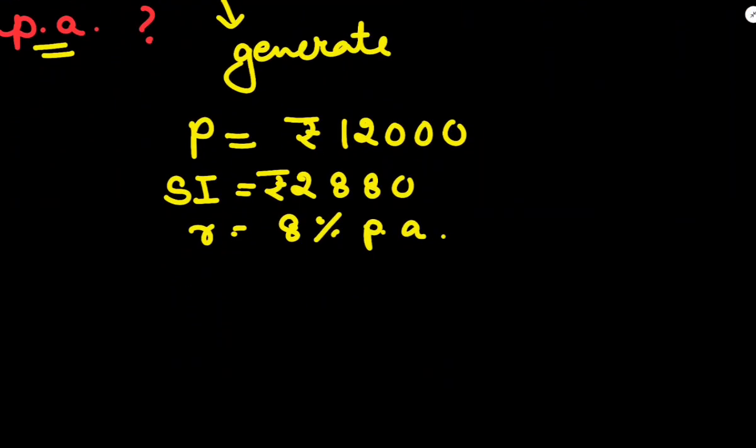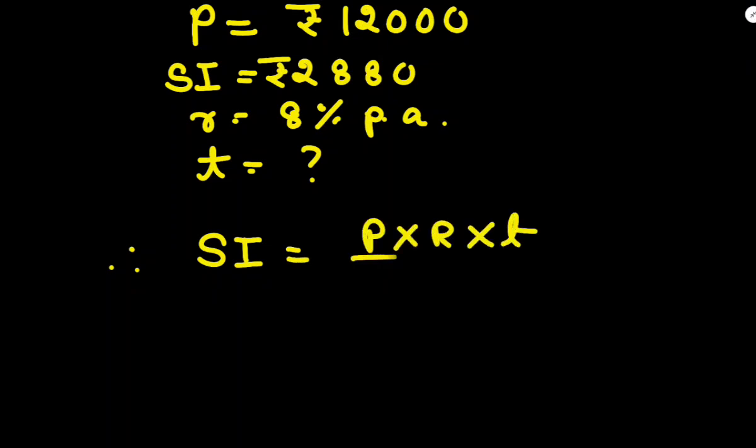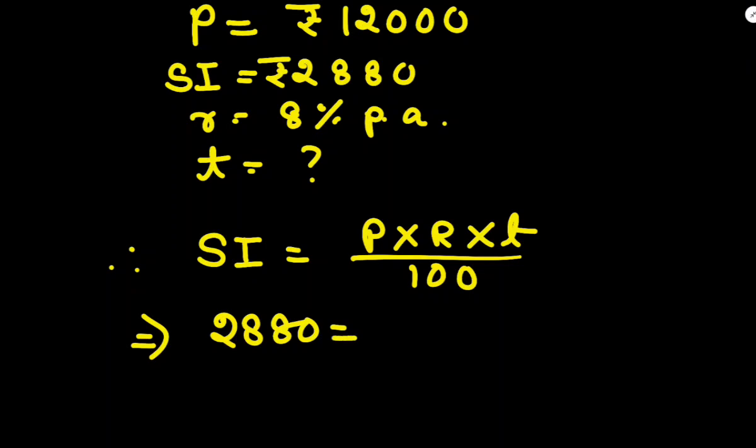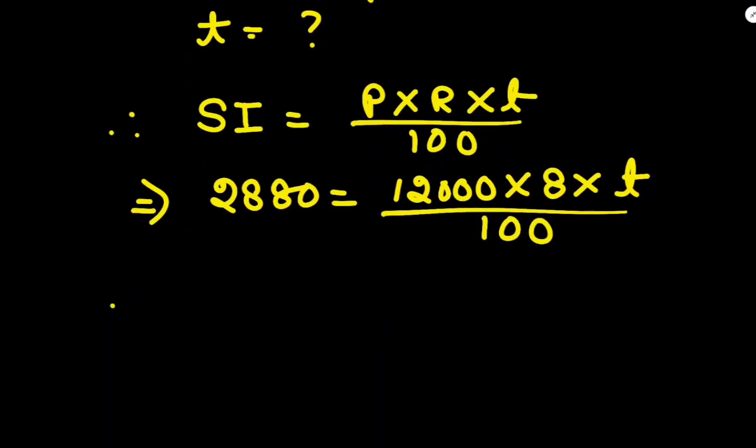Okay, what do we need to find? We need to find the time, right? So we'll apply the simple SI formula. So obviously you all know SI is P into R into T by 100. So SI is given 2880, principal is given 12,000, rate is given 8, and time we need to find, by 100. From here, simple algebra, zeros cancel. So time will become